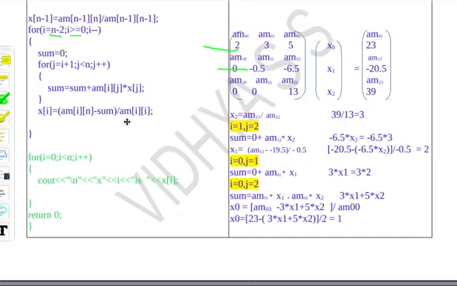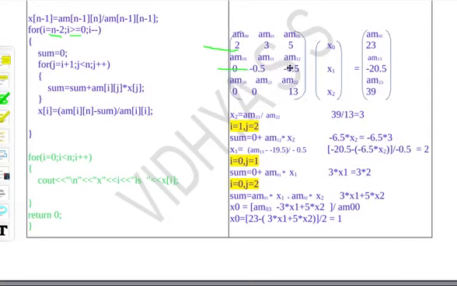So after completing this iteration, x of 0 will contain the value of x0, x of 1 will contain the value of x1 and x of 2 will contain the value of x2 in this example. See, first the i value will be equal to n minus 2, n is 3. So n minus 2 is 1, i will be equal to 1, j will be equal to 2. So first I will start from this row, then take the sum.